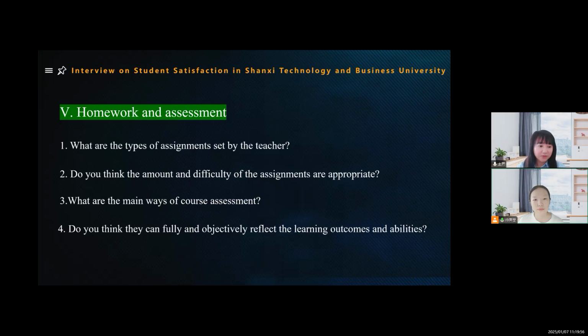Okay. Thank you very much for taking the time to share your thoughts with us. These valuable comments of yours are very helpful to the school in improving the quality of teaching. Afterwards, we will organize and analyze the interview, and if necessary, we may contact you again to confirm the relevant information. Is that okay? No problem. It's good to help the school.